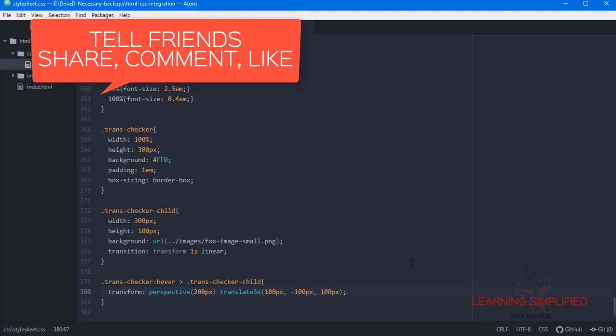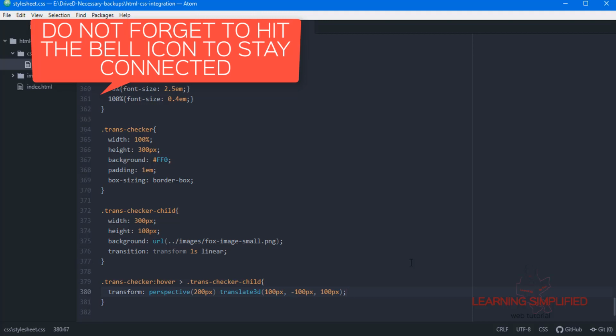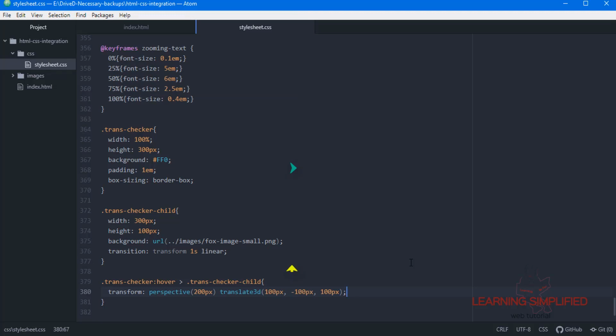The scale transform function property happens both in 2D and 3D space. In case of a 2D space, it resizes the element in both horizontal and vertical direction.